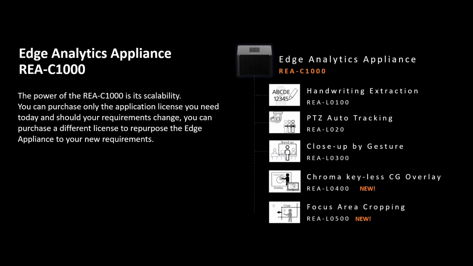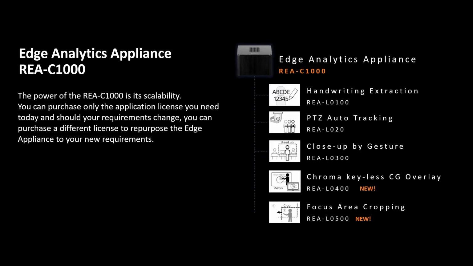The Edge Analytics appliance, the REA C1000, is a scalable device allowing you to load a total of 5 licenses. Those licenses are handwriting extraction, which creates a digital overlay of any characters written on a whiteboard or blackboard, PTZ auto tracking connected to your Edge Analytics device via the HDMI output, which allows for the camera to actually